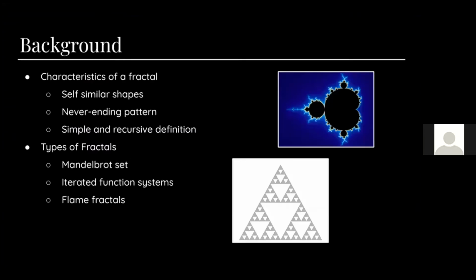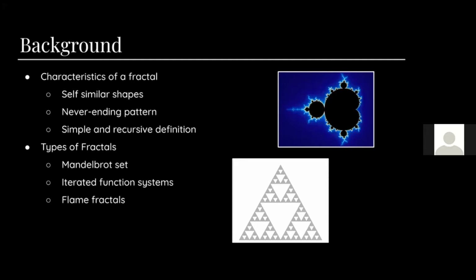So a little background to start off about fractals in general. All fractals share similar properties such as having self-similar shapes, a never-ending pattern, and a simple and recursive definition. There are many types of fractals, and we just wanted to highlight a few interesting ones, such as the Mandelbrot set, which is a famous fractal distinguished by its unique shape and simplicity, which is the fractal with the blue background up there in the picture, and also iterated function systems, which are repeated geometric shapes like the triangle fractal